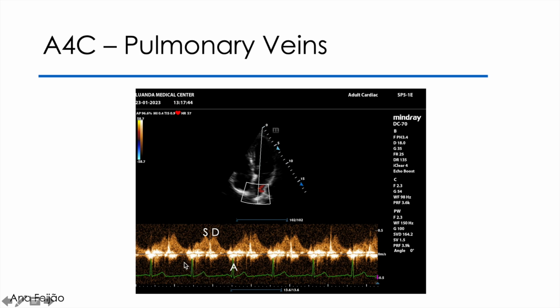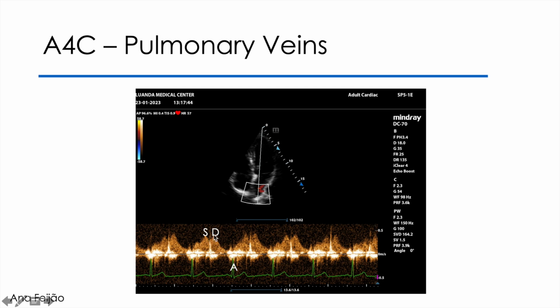It may be necessary to lower the filters, and it's important to pay attention not to catch the wall of the atrium, okay? The sample must be in the pulmonary vein, not in the atrium wall. And we must have these 3 waves: the S wave, the systolic wave, the D wave, the first diastolic wave